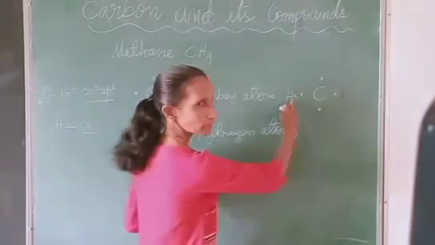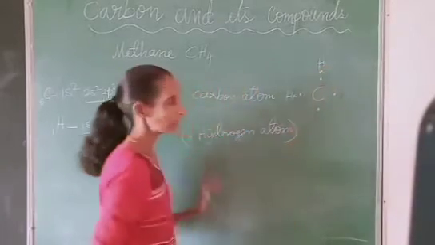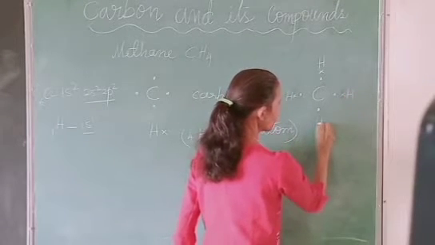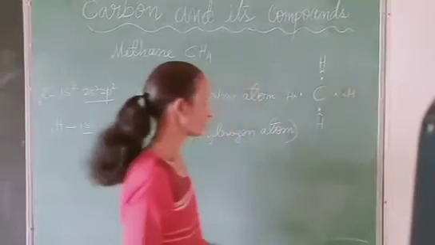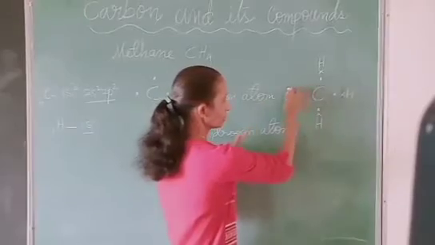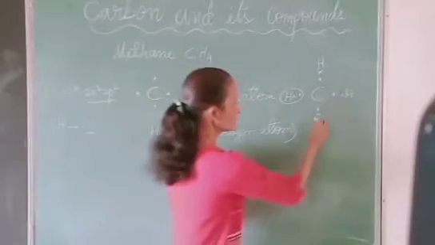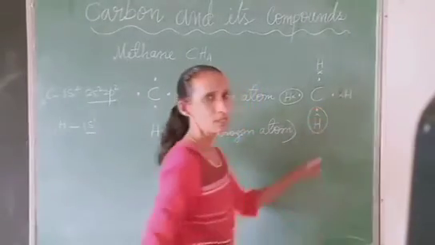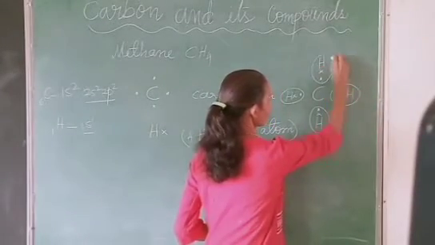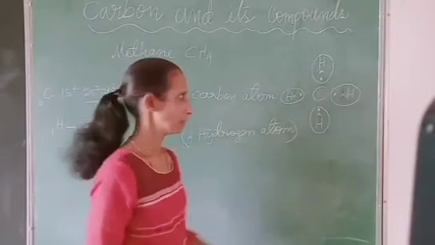Here one hydrogen atom, one more hydrogen atom with 1 valence electron right here. Third hydrogen atom with its valence electron, fourth hydrogen atom with its valence electron. Now these two electrons are shared between carbon atom and hydrogen atom. Now requirement of hydrogen is fulfilled. These two electrons are shared again. Requirement of hydrogen is fulfilled. Again here. Now the requirement of all the 4 hydrogen atoms is fulfilled.